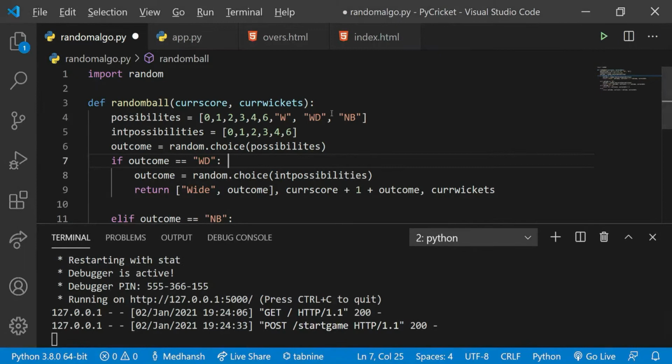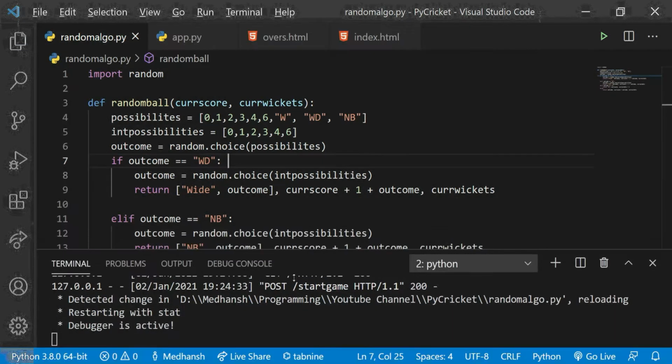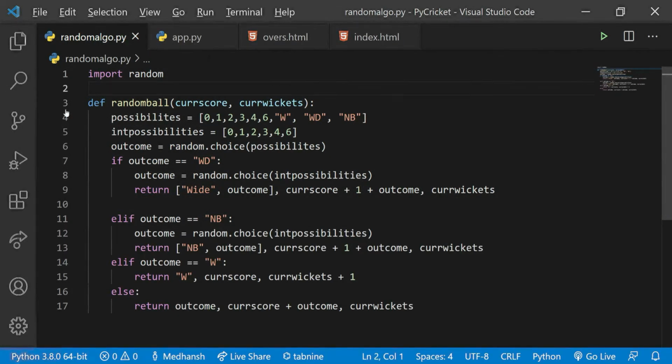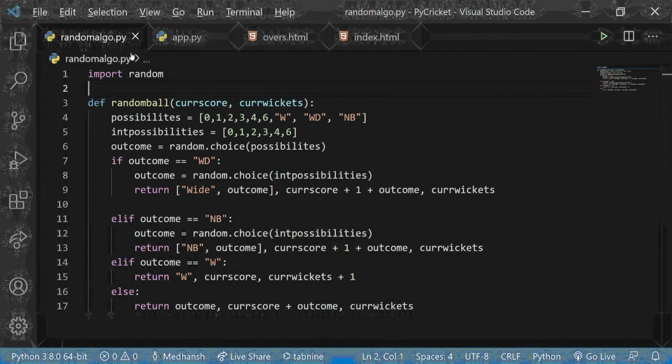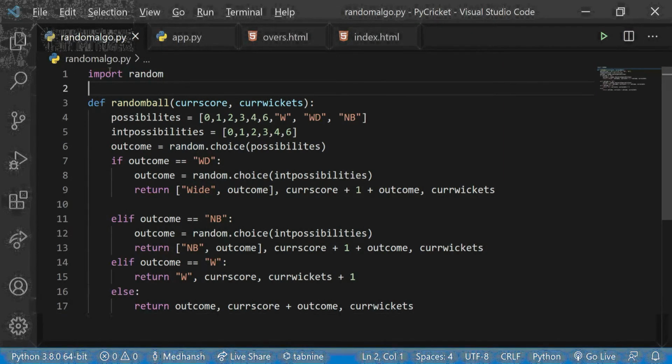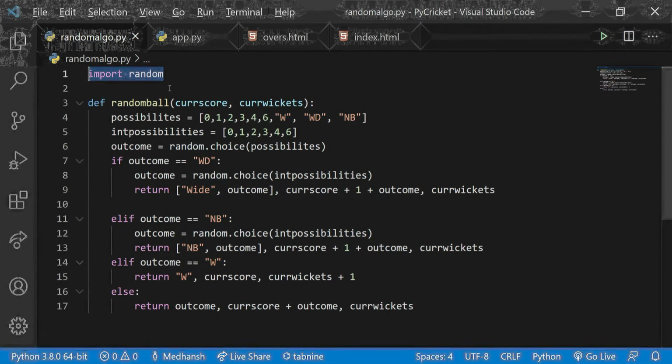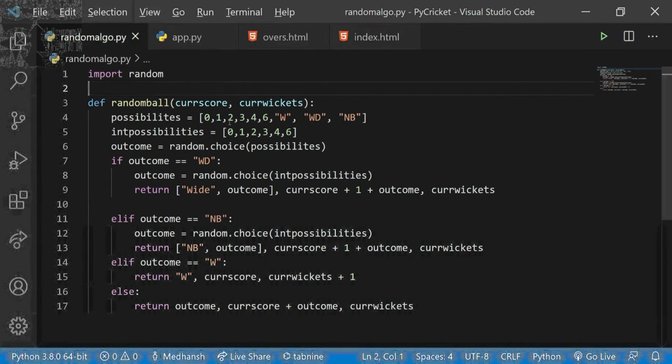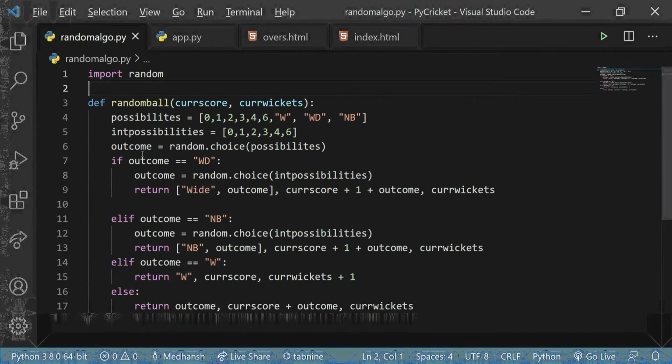Okay. So now if we actually go to how the code runs, let's begin with this file called randomalgo.py. Over here, I've imported a Python package called random. Random is a Python package that allows you to generate a random integer or a number in a certain range. It allows you to select a random element from a list, and it has lots of features relating to random number generation, RNG.